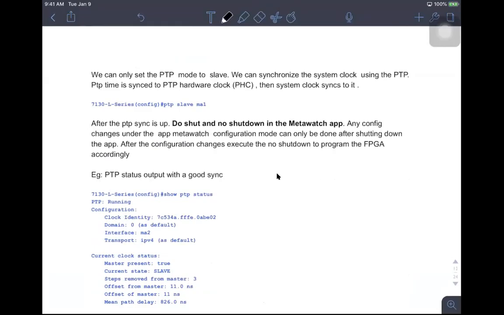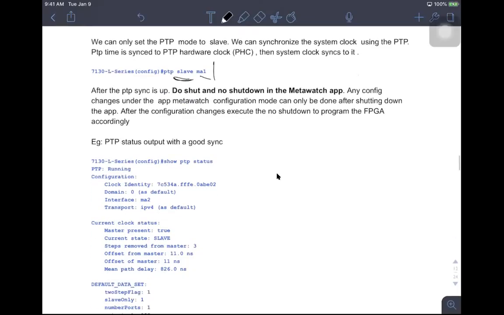Okay, to turn it on, we have to go to the global configuration mode, and we can execute the PTP slave management interface one. The management interface one is the IP interface which has been configured in the 7130. Why slave? As of now in 7130, we can put the device only in slave mode. We cannot put it in master mode, or it won't get elected as master by default. So you should always put it in slave mode. And